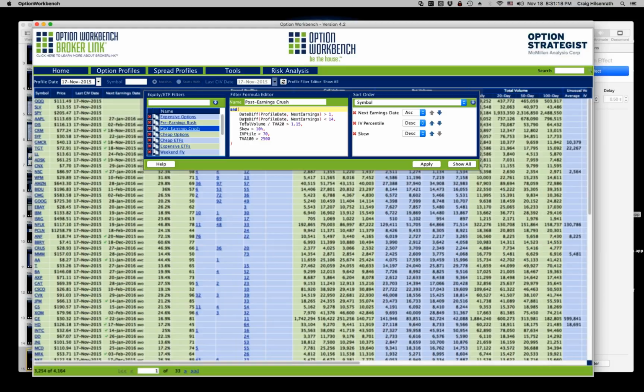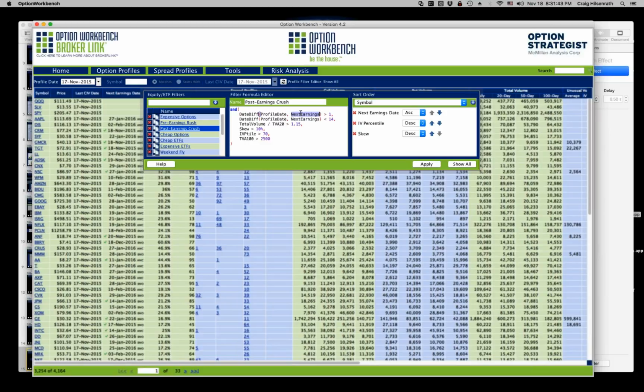So what I want to know here is I want option profiles where the next earnings date is within a day to 2 weeks. I do that by using the date diff function, and I supply the profile date, which moves every day when the day changes over, so you don't have to hard code any dates in there, and the next earnings date, which is part of the profile.